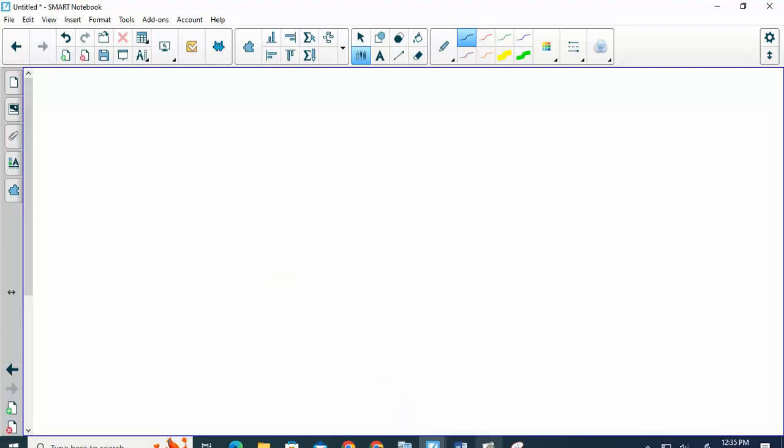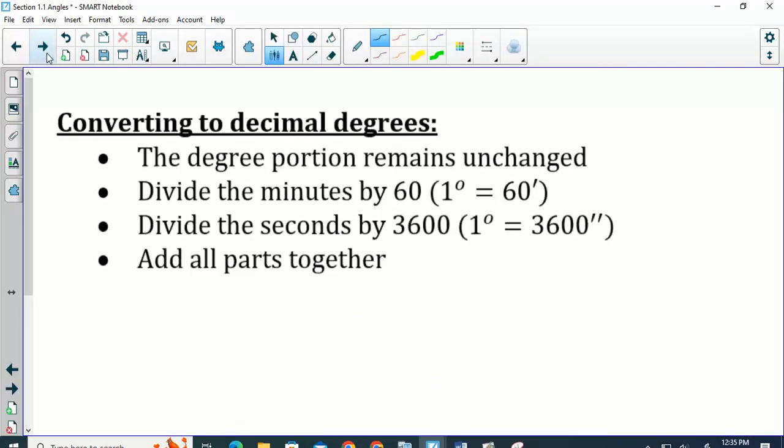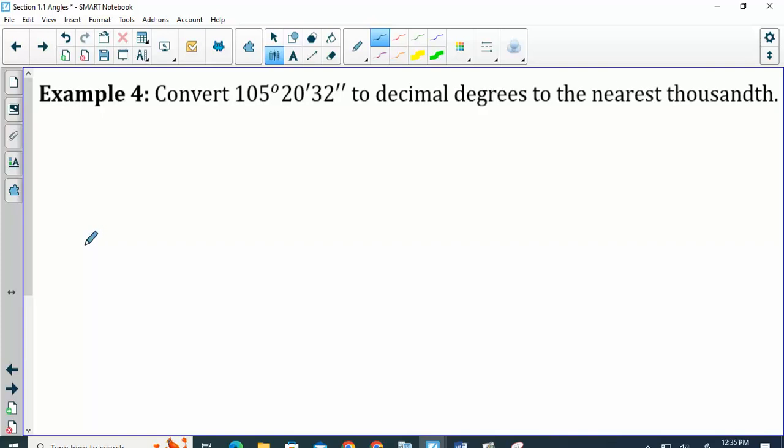Okay, so if I wanted to change this to decimal degrees, my degree part stays. To get my decimal, and you're welcome, some people just like to write it all out, that's fine. How many minutes are in a degree? 60. So we have 105 plus 20 over 60, 32 seconds, so that would be divided by 3,600, and if we put that in,